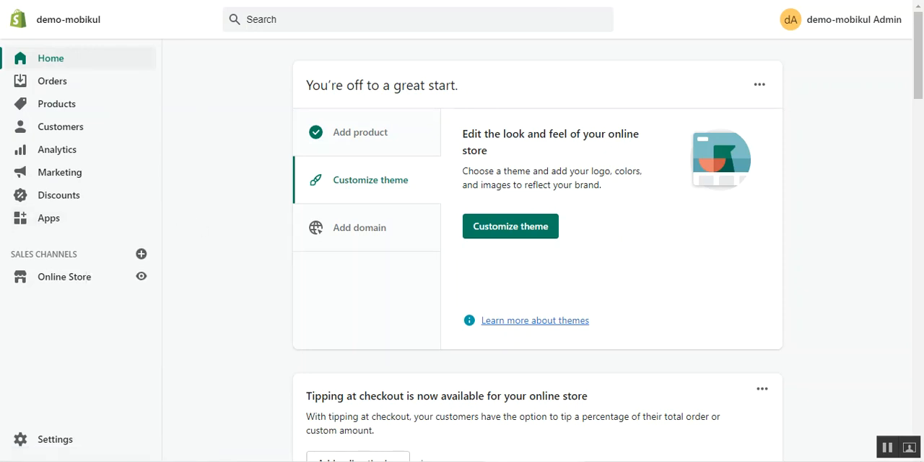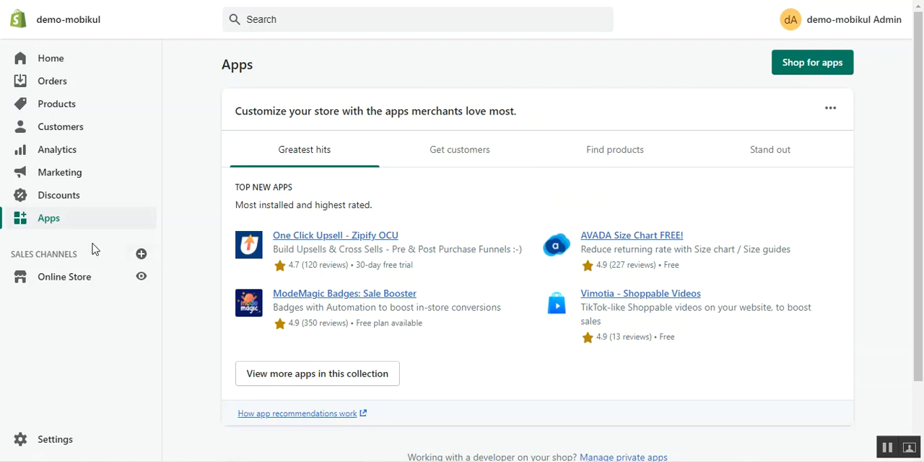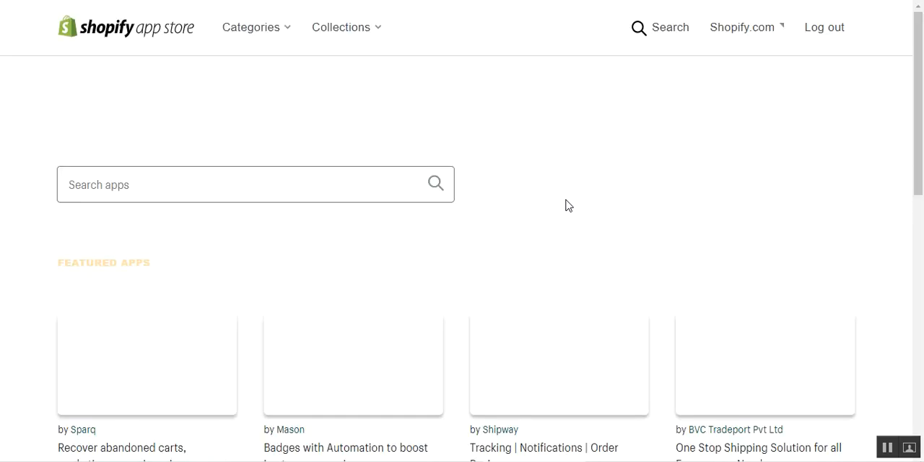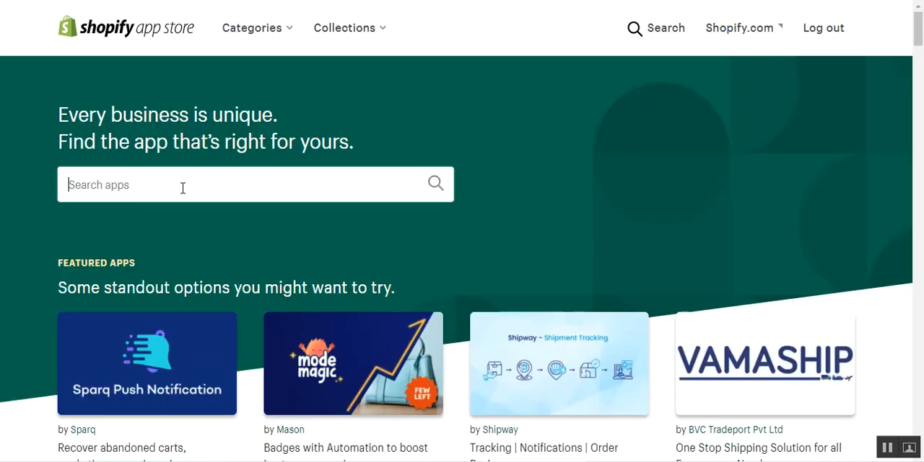So let me open that up in another window. And on the apps page, on the top right hand corner, you'll find the shop for apps button. So you need to tap that. That would bring up the Shopify App Store itself, and within the Shopify App Store you'll have to search for Mobikul,